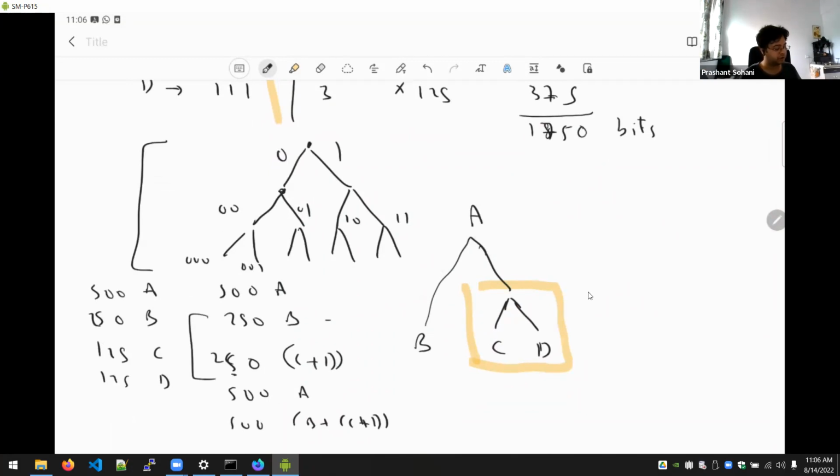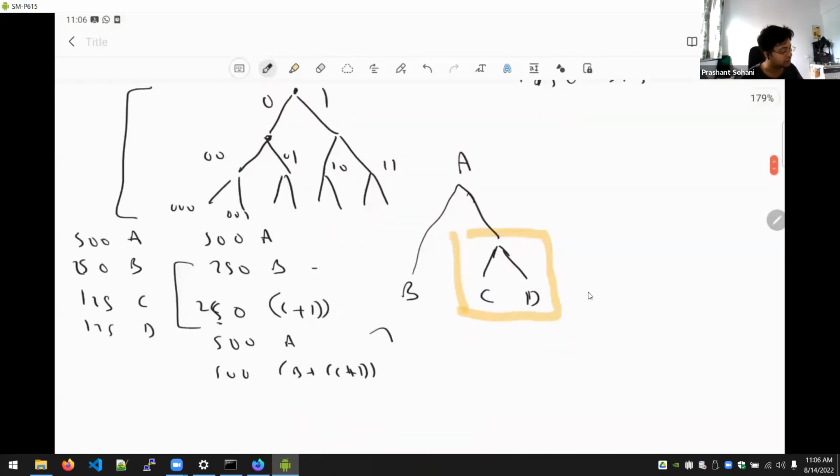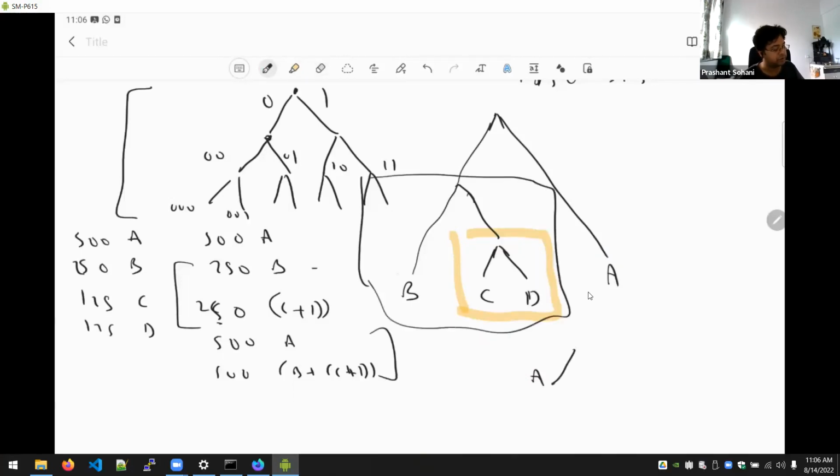And once I've built the tree, I can start assigning values to it. I didn't show the last step here. Actually, we have to connect this together also one last time. So then the tree looks something like this, where A is in this direction. So this is what your final tree looks like. Okay, so you have connected the B plus C plus D and A also with a common root node.